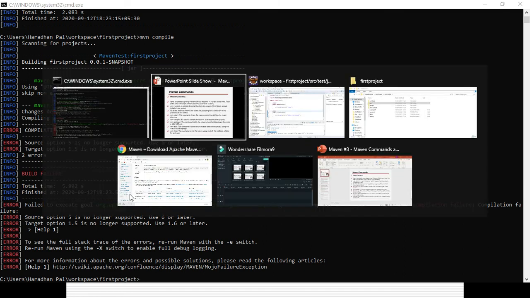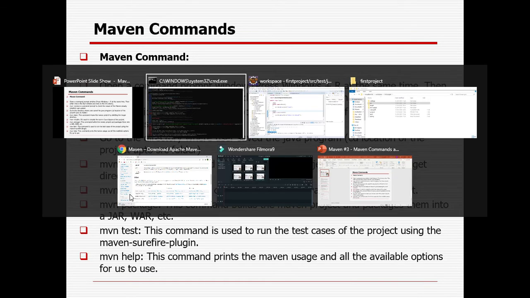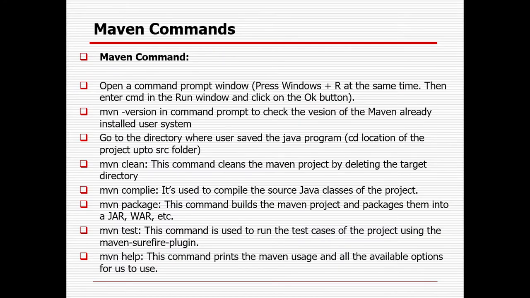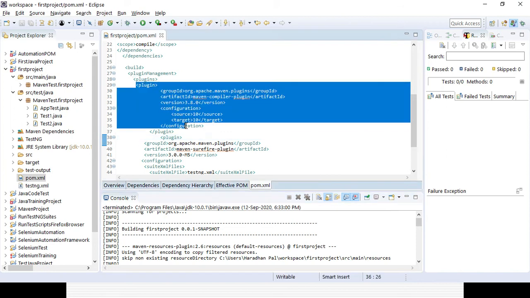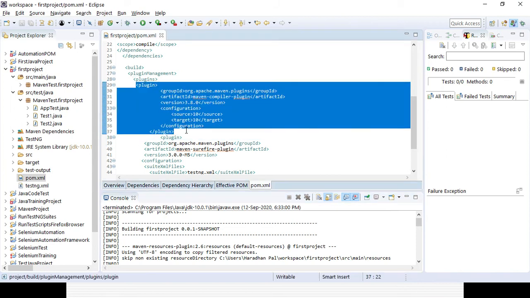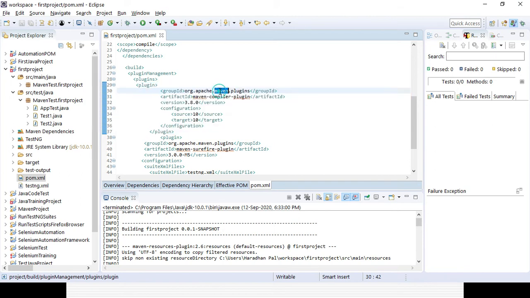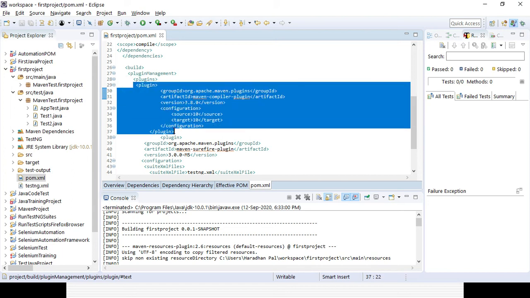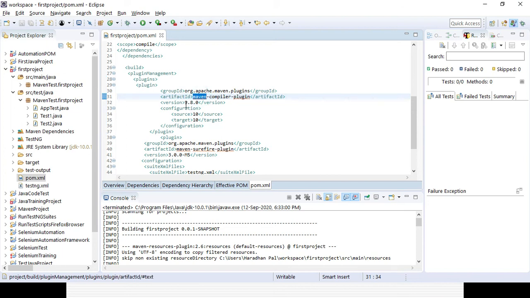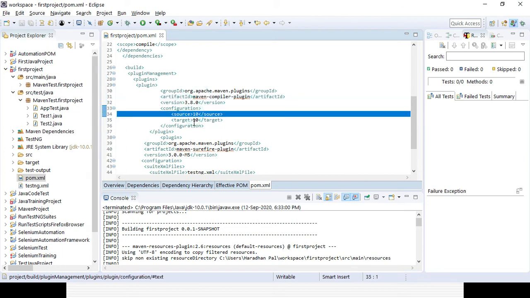I need to check it. Some error message was coming. For that, I need to add another plugin for Maven, right? It is the org.apache.maven.plugins maven-compiler-plugin to handle this. This is what I have added here, another plugin. We already have the Surefire plugin. Apart from that, we can add the Maven compiler plugin. Version is 3.8.0 and 10, right?